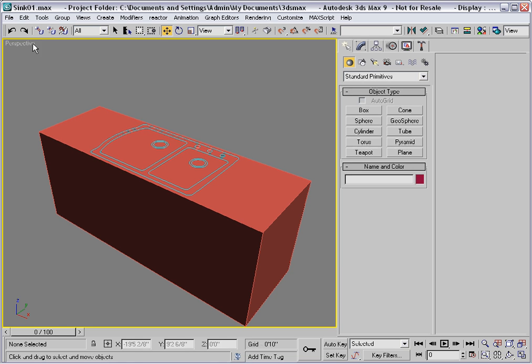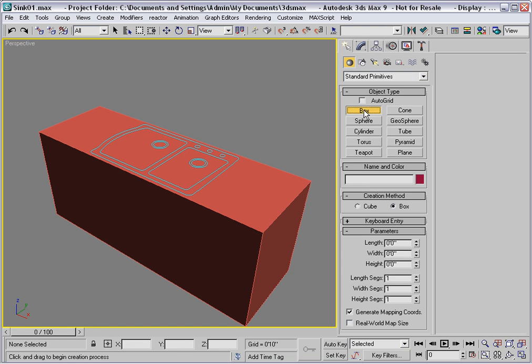I've opened the Sync1 sample file to talk about ProBooleans. Here we have a box primitive representing the counter and a spline, which is a drawing I imported from AutoCAD, representing the sink. To model the sink, I'll start by creating a box with auto grid mode on the top